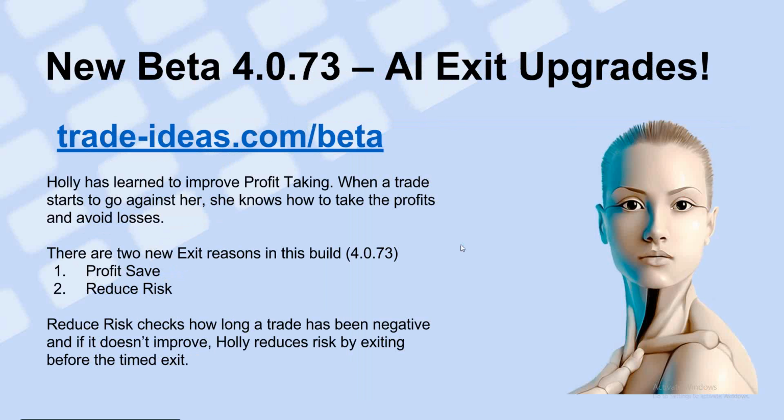The things that I'm going to be talking to you guys about today really have a lot to do with what's happening here. We have the new beta, 4.073, and what we've done, and I've had this slide go back several presentations, is we have taught our AI how to really manage risk better, more like a human, okay? So that when she's positive in a trade, she won't let a trade go negative unless, again, there's just something statistically so viable about doing so that it's valid. And the same way to reduce risk. If you're in a position and it's not working for you, Holly has learned to not stay in that position